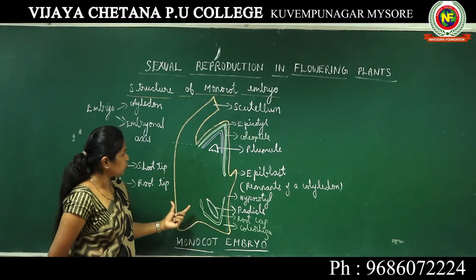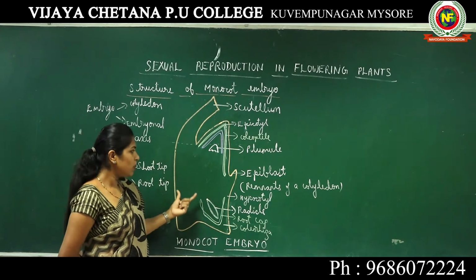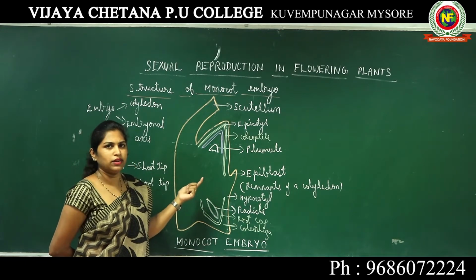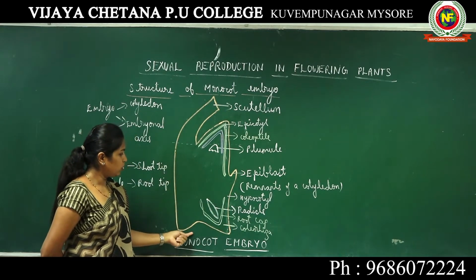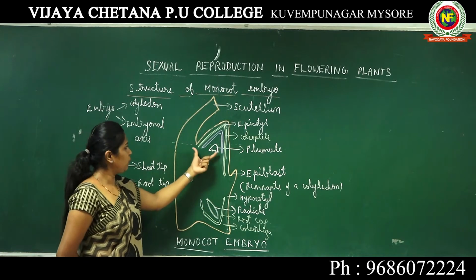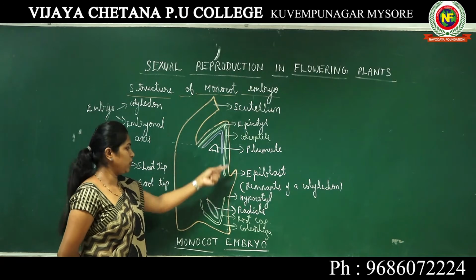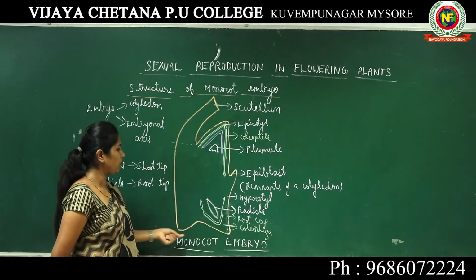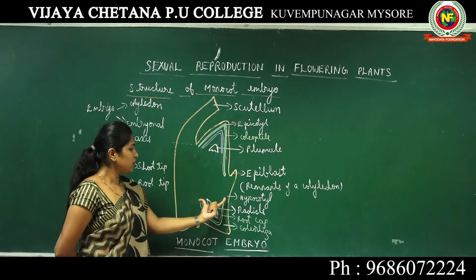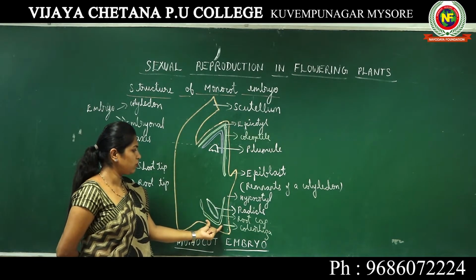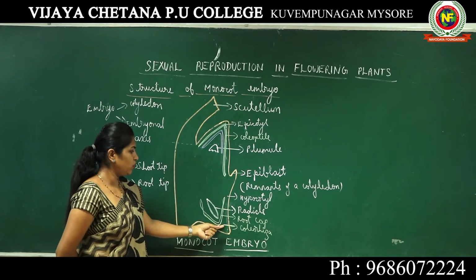Now this is the structure of a monocot embryo. The diagram looks a little bit complicated. However, if you understand every part of the embryo and know the structure in detail, it is very easy to draw the diagram. Initially you have to put an outline, then you have to draw the plumule and radicle, then surrounding the radicle you have to draw a root cap, then you have to mention the coleoptile and coleorhiza.